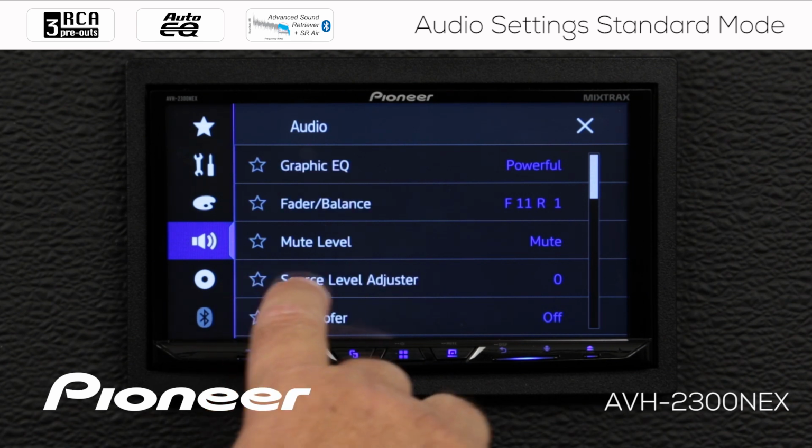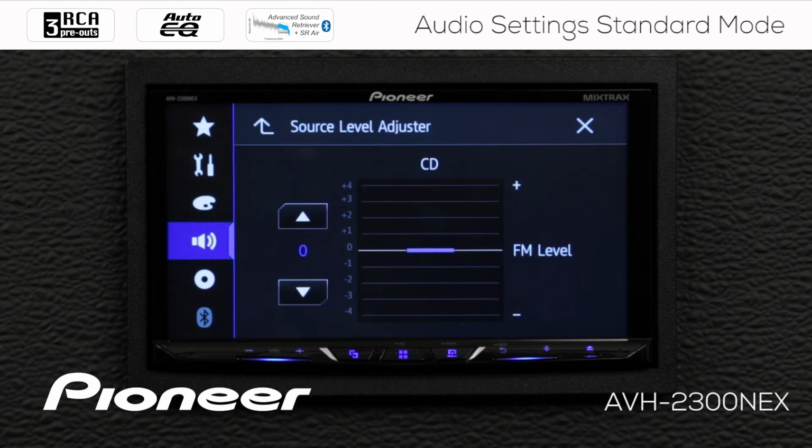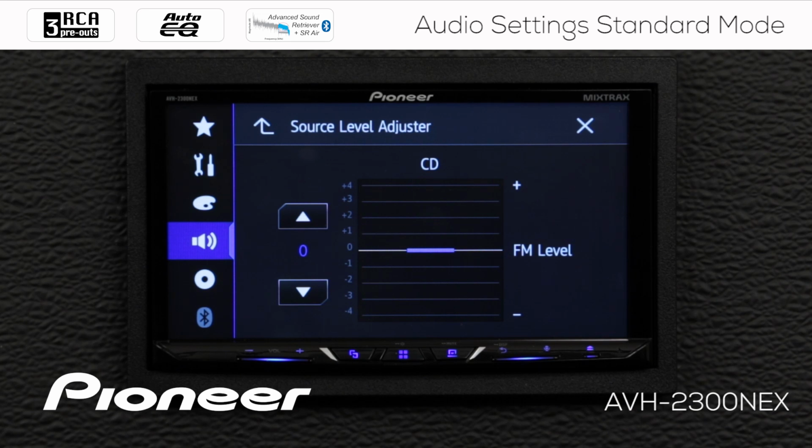And you can see the source level adjuster now becomes available. Let's open that. So I chose the CD source, and you can see that that's listed at the top here. And with source level adjuster, I can make any given source a little bit louder or a little bit quieter